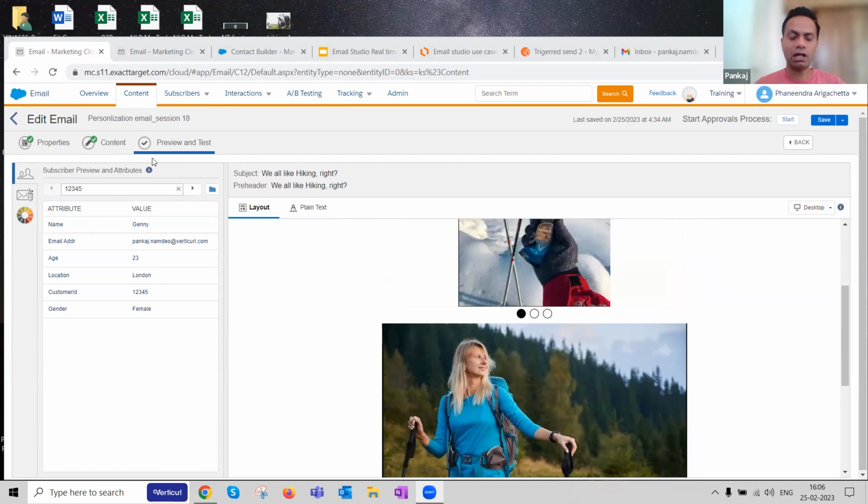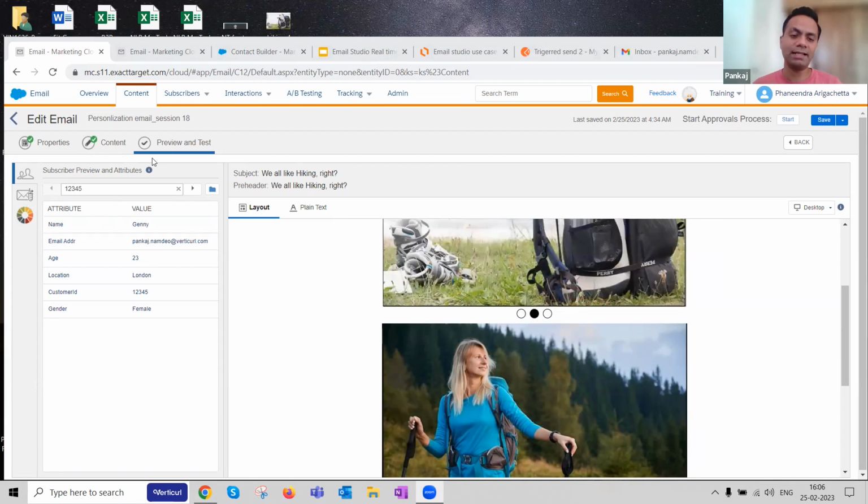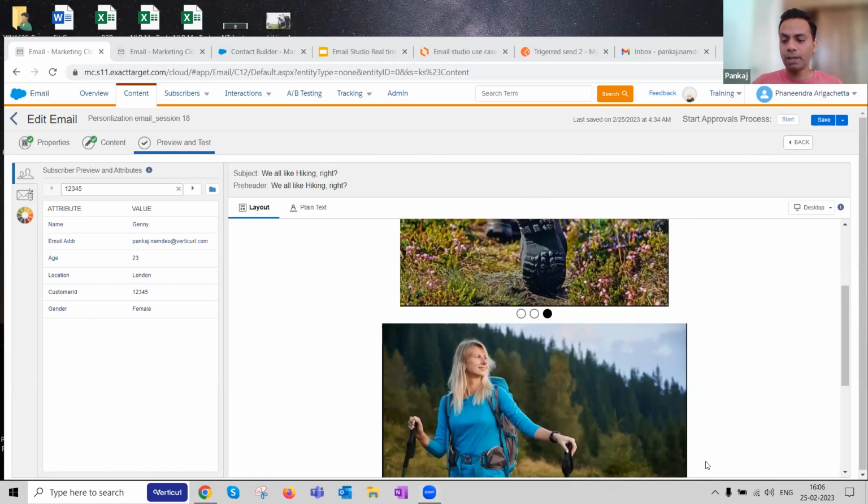Right. So that was one use case, which is about personalization with the help of dynamic content. Okay. Now, I was just quickly checking how much time we have in hand. So that's okay. Probably an hour now. So I have 10-15 more minutes, I'm presuming.